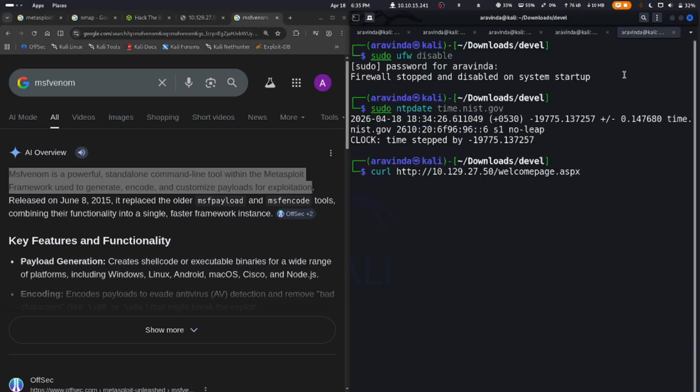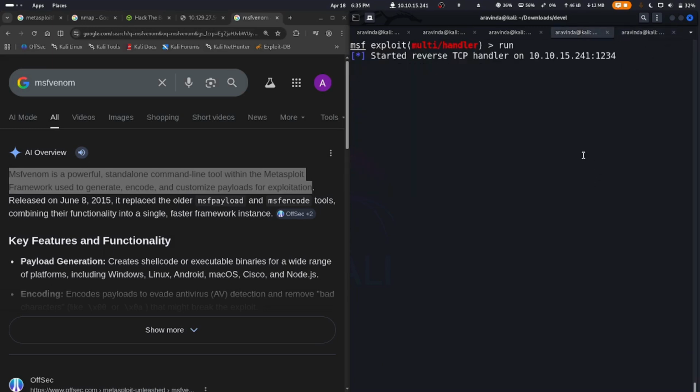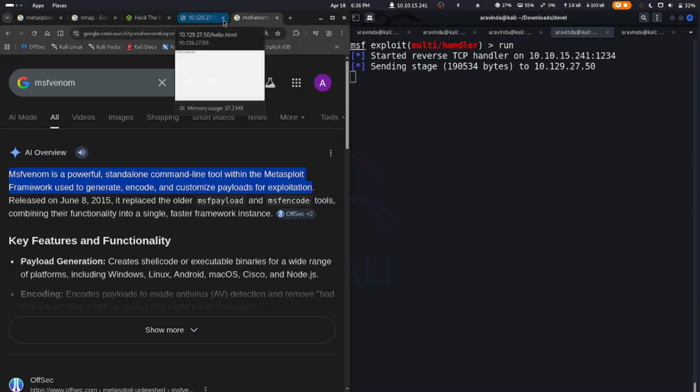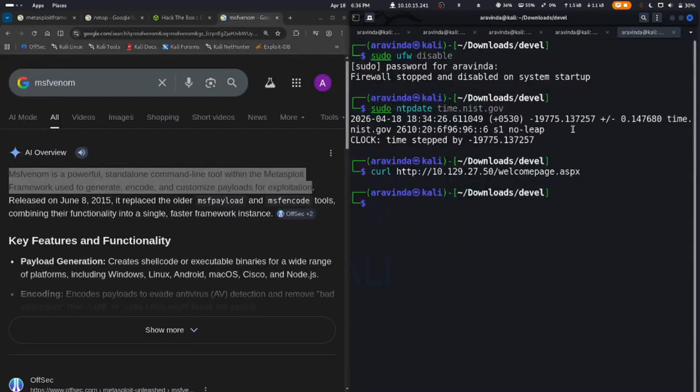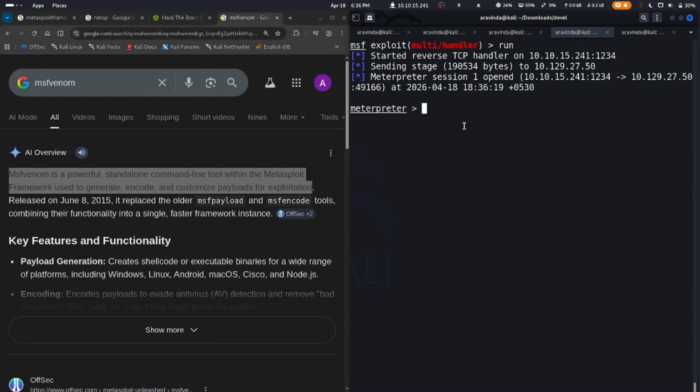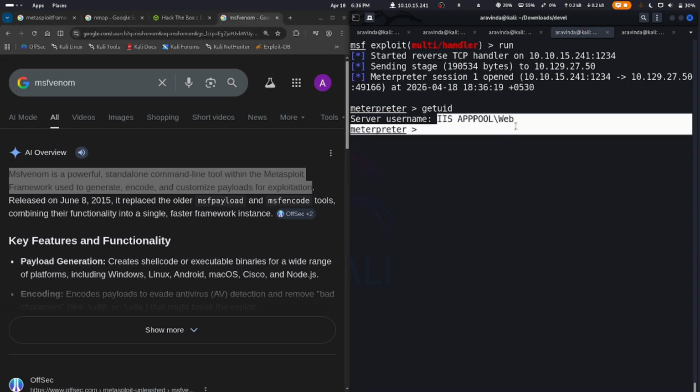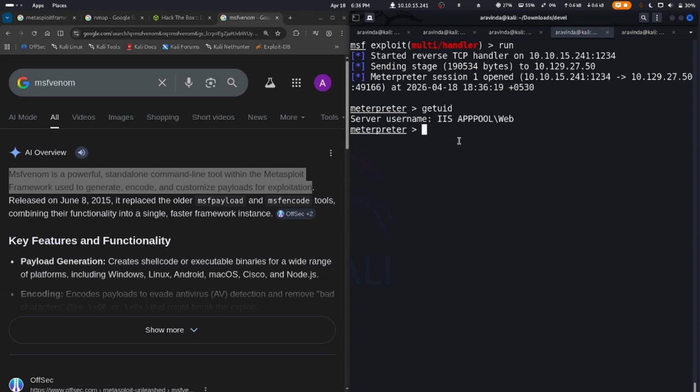So the TCP handler is started, and we interact with the particular web shell, and we are receiving a connection back. So we're sending the stage to this IP address, which is our target IP address, and we got a Metasploit session. Let's do getuid, and we are IIS APPPOOL\Web. So that is the server username, and let's get a shell,